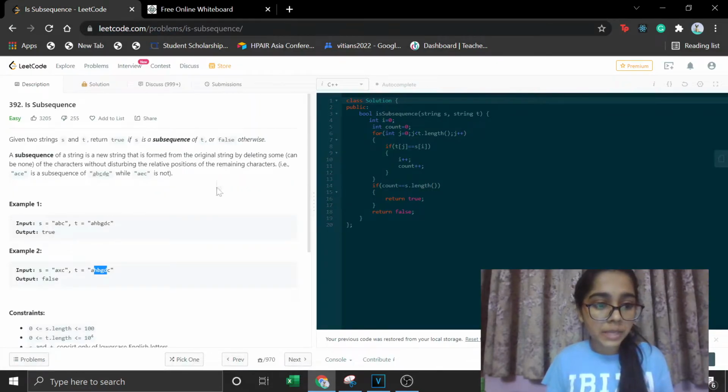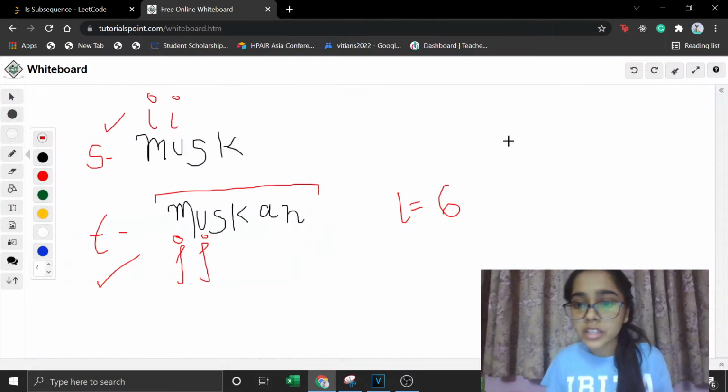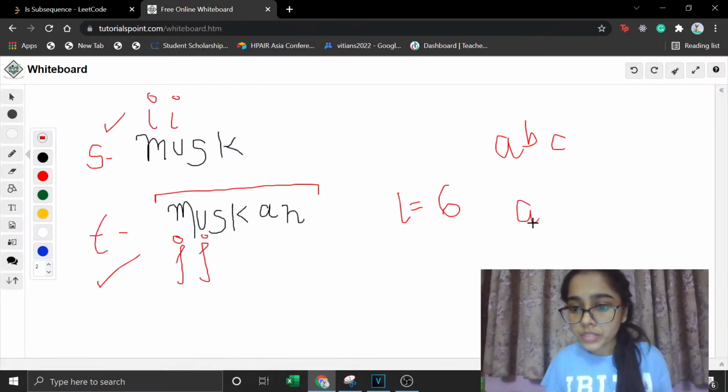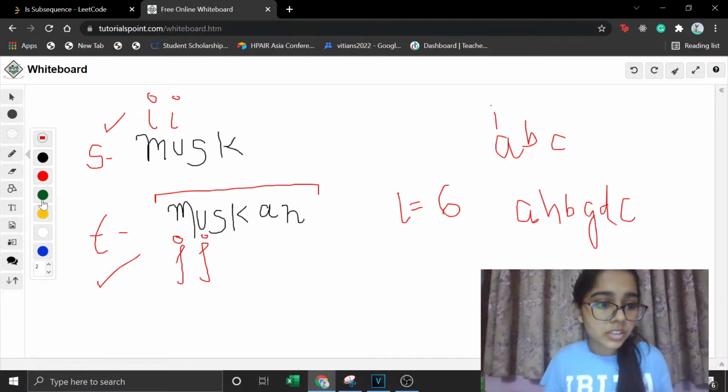For example, it is ABC and AHBGDC. Okay, so initially I will keep a pointer I here. I'll just change the color.